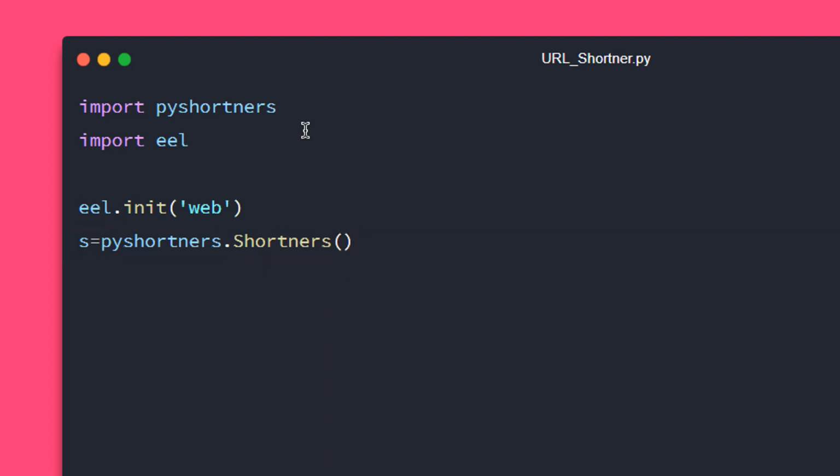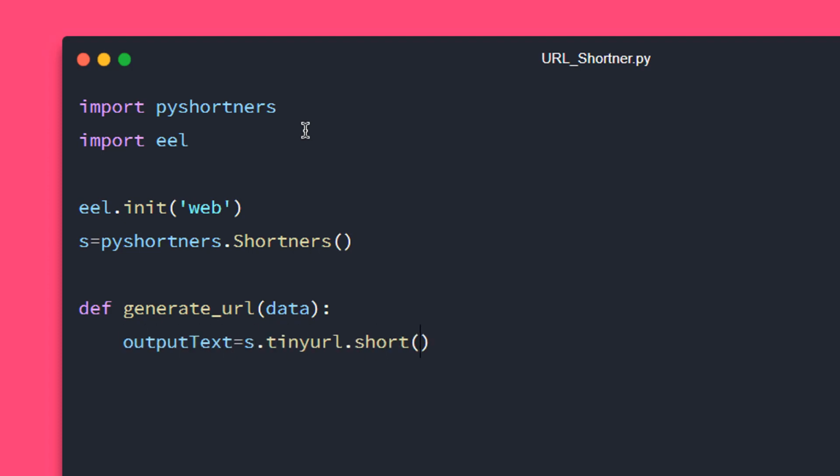Alright, after that we need to create a function, so basically define a function. Let's say generate URL. As a parameter, I will be giving the value of data that we will be getting from the text. Alright, so we need to now shorten the URL. We can use the tinyurl short function for that. So let me type a variable that can capture the tinyurl short data.